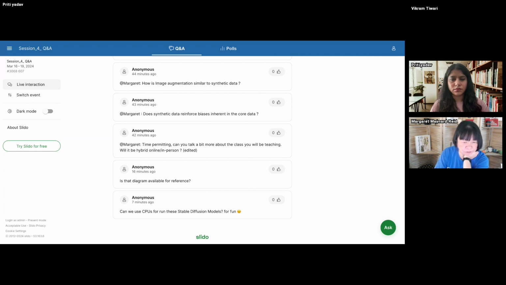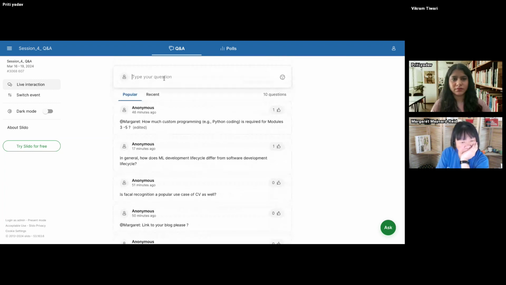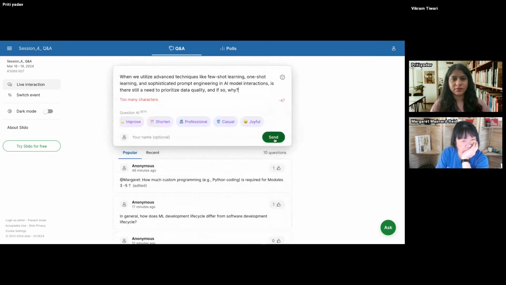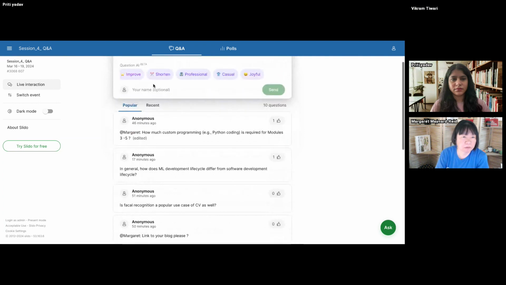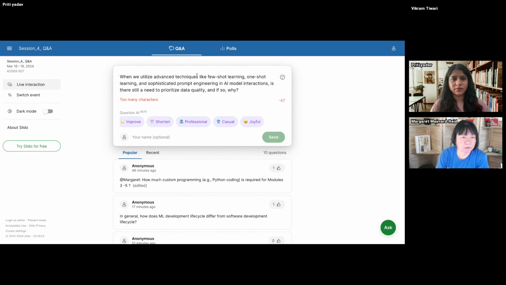So the answer to that question is yes, you can use CPUs to run these models, but they're not going to be the same models, because think of a model that has 99% accuracy. That accuracy comes from the model having such high specificity. But if you reduce that, the accuracy will go down. So generally, the models on mobile don't perform as accurately. Fast is unique to what compute they're running on. But yes, the answer is yes, but you might have to find the exact model that somebody on Hugging Face might have uploaded for you to use.